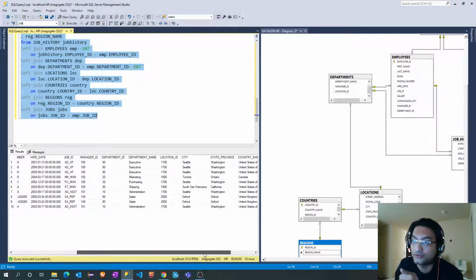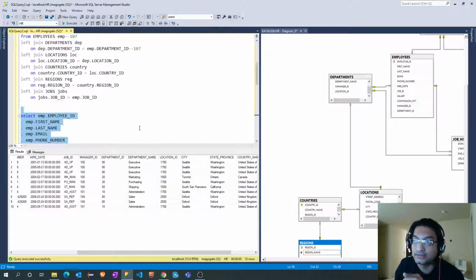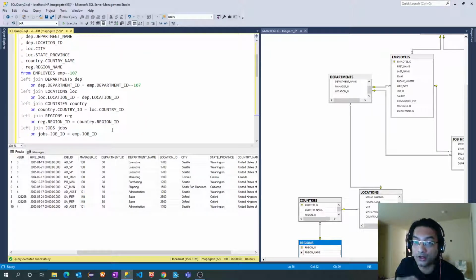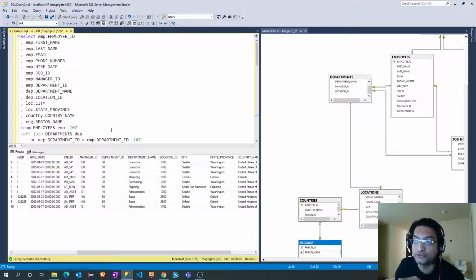So as I said, we'll use this query first to do our initial load, or very first load, of the ODS. Once that is done, then for all remaining loads going forward, we'll use the employees table.